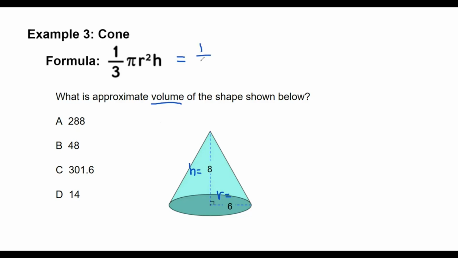Let's set this up. It's going to be 1/3 times pi times our radius, which is 6, and we're going to square that. And then finally, we're going to multiply by 8. And the number that you should get for that, I strongly encourage you to be practicing these with me, is